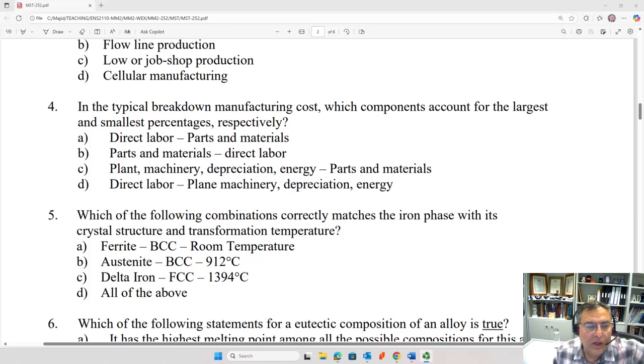In A we have got ferrite with BCC crystal structure, which is the case at room temperature. Well, this is correct, of course. B, austenite BCC 912 degrees C. This is incorrect because austenite has got an FCC crystal structure. Delta iron FCC 1394, again another incorrect choice because delta iron has got a BCC crystal structure. So the right choice is